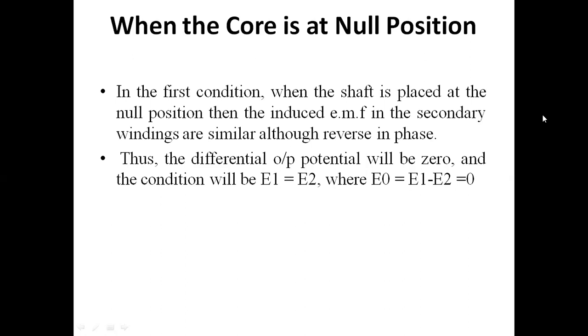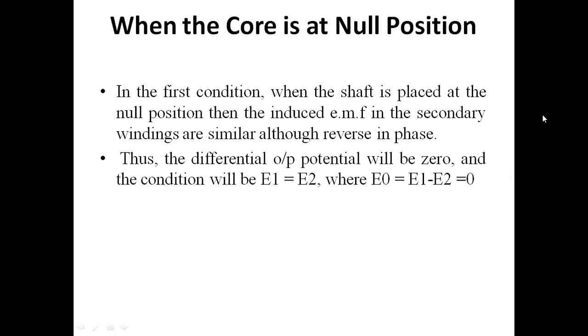So when you have the two secondary windings connected in series, they have to be connected in phase opposition. This is done to get a single output voltage of the transformer. If ES1 and ES2 are the EMFs induced in the secondary windings respectively, then the net output voltage is nothing but the secondary winding 1 voltage minus the secondary winding 2 voltage.